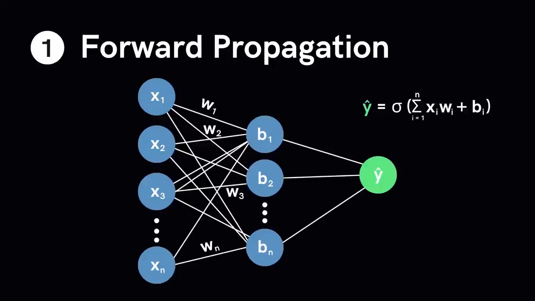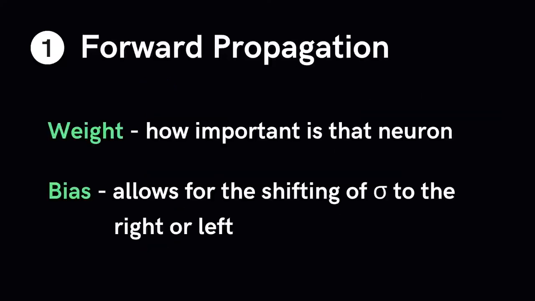So let's go over a few terms. The weight of a neuron tells us how important the neuron is. The higher the value, the more important it is in the relationship. The bias is like the neuron having an opinion on the relationship. It serves to shift the activation function to the right or to the left. If you have had some experience with high school math, you should know that adding a scalar value to a function shifts the graph either to the left or to the right. And this is exactly what the bias does. It shifts the activation function to the right or to the left.